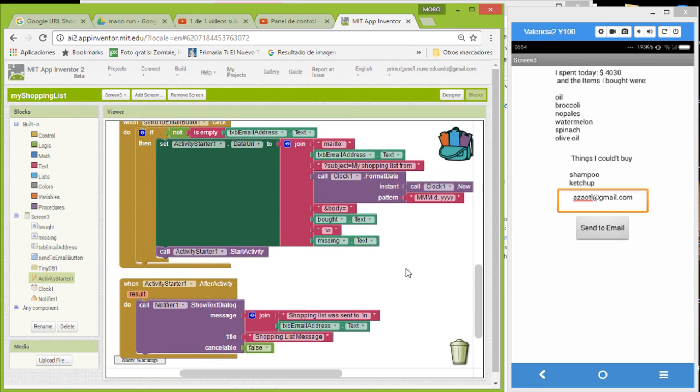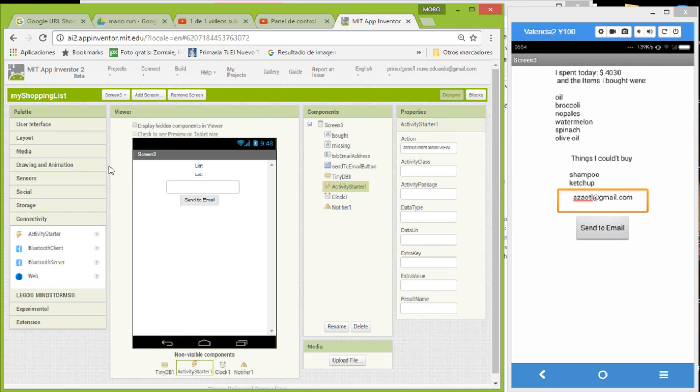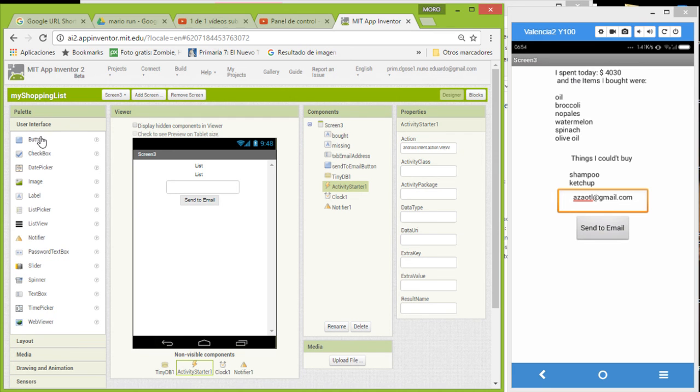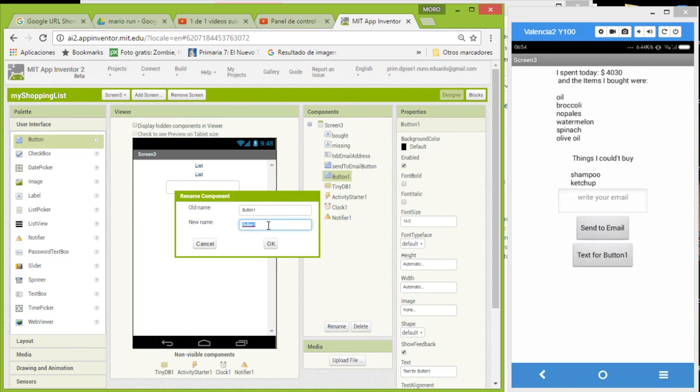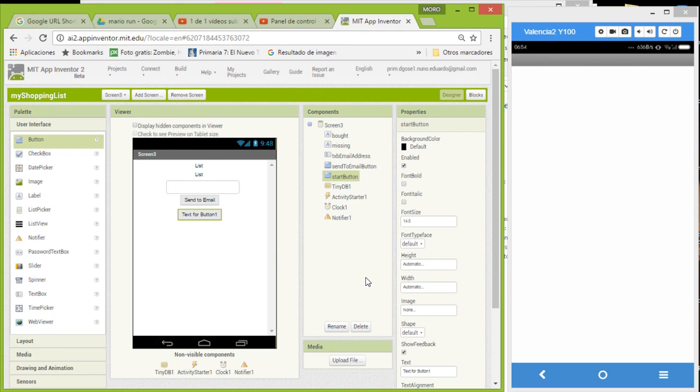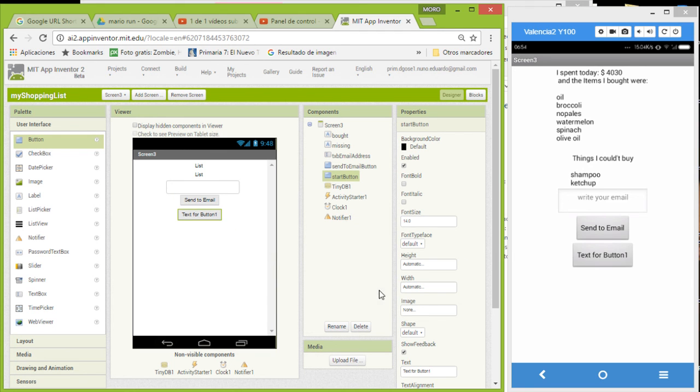Okay. Well, also you can add in here, we're missing another button, sorry. Okay, just to finish this thing. This button will be like start again. So menu, not menu, but screen 1. Okay, start button. So we're going to return to screen number 1. Okay, with this, and basically that is the idea. Okay, just to return,